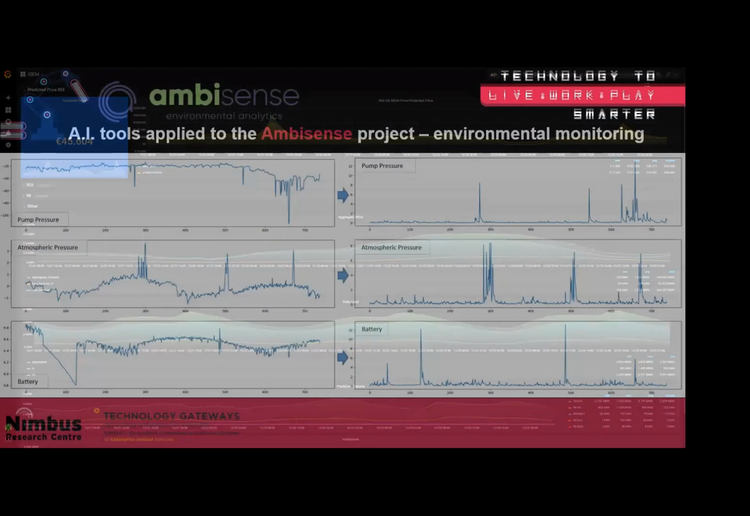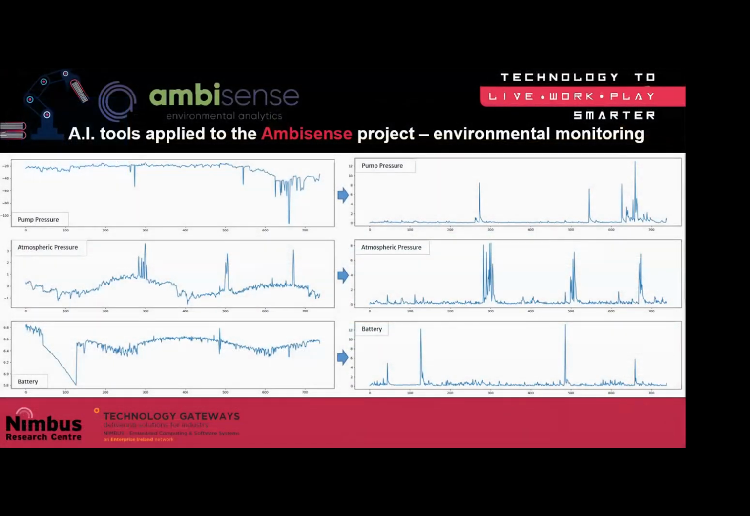So here, this slide presents a project with Ambisense, now an environmental analytics company with offices in Dublin, UK and Netherlands. They engaged Nimbus to develop an AI platform for anomaly detection within their sensor data streams. So Ambisense are now transforming, I suppose, how environmental risks are assessed and managed through the use of advanced data